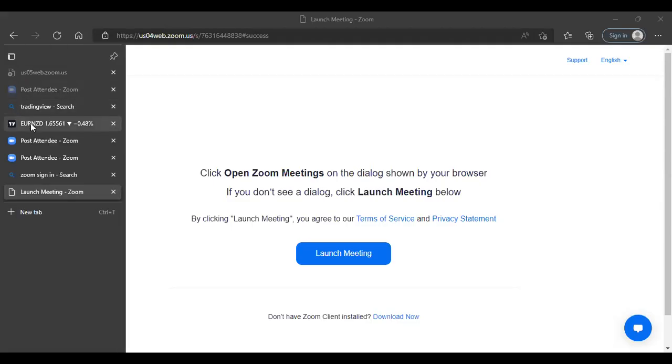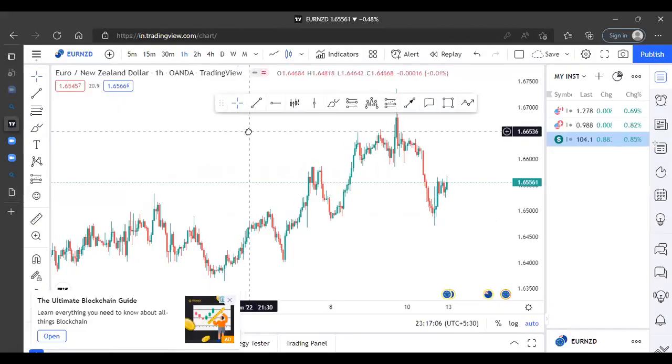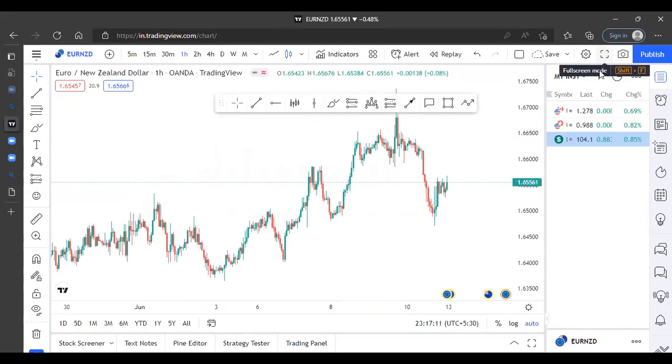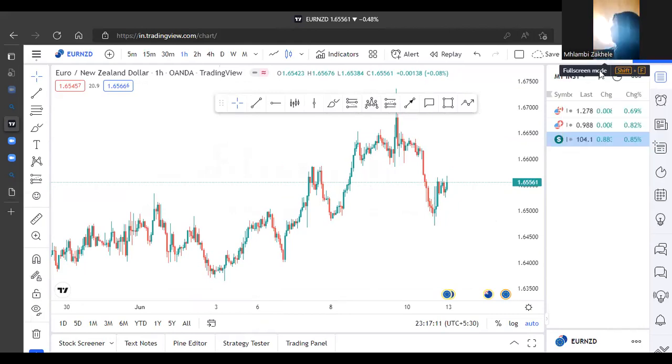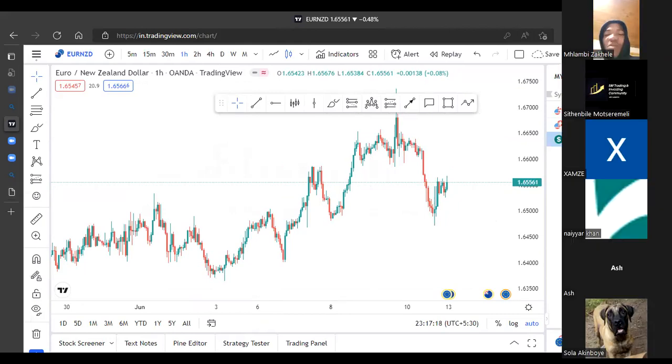Hey, you even start to share your screen. Dog, I'm using my phone. Hey, this Zoom thing is dope, yo. Yeah, it's dope on a phone more than on a PC.